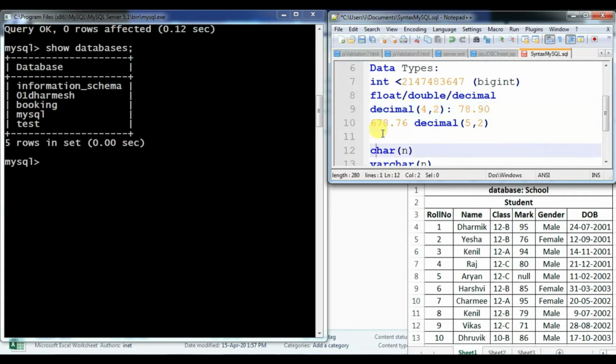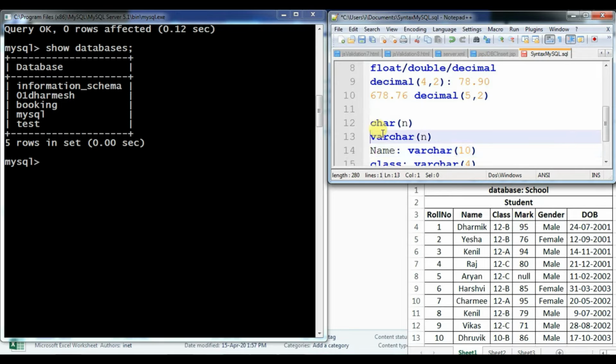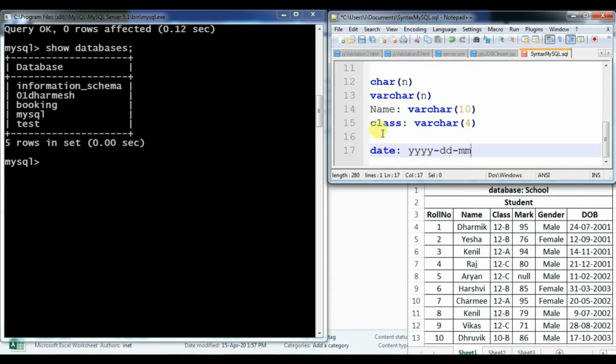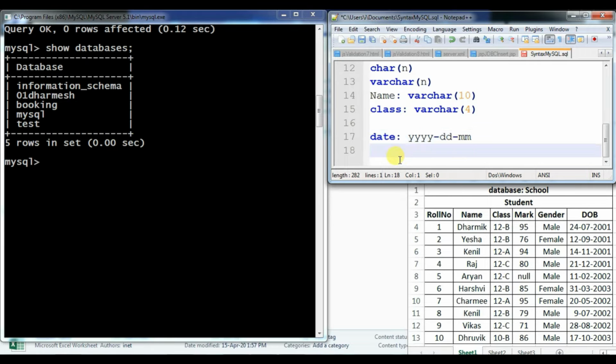Char and varchar both store character and alphanumeric values, but it is better to use varchar, as I specified with 10 and 4 here. And lastly, date stores a date format. One more format is there: if you want to store both date and time, you can go with datetime.